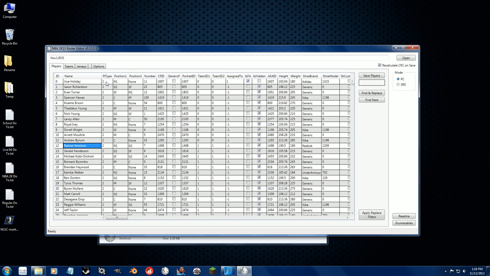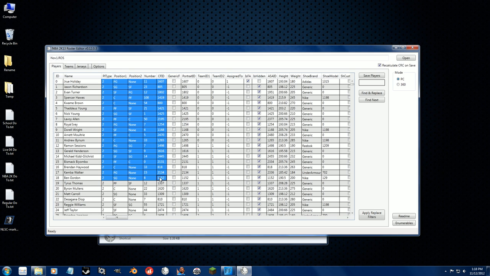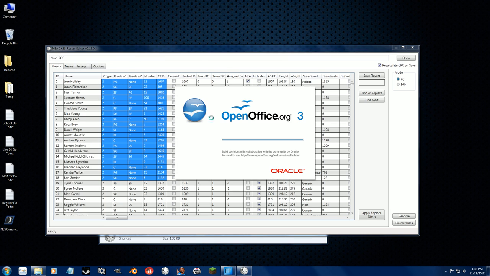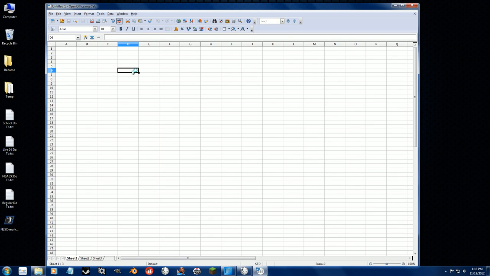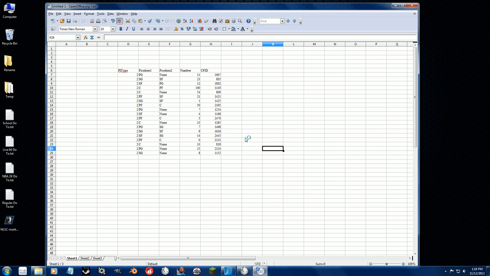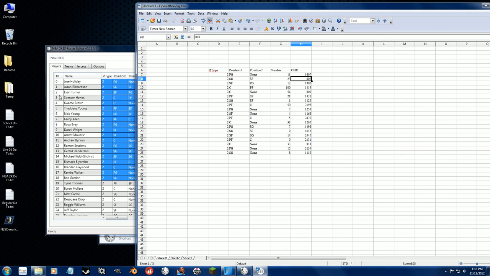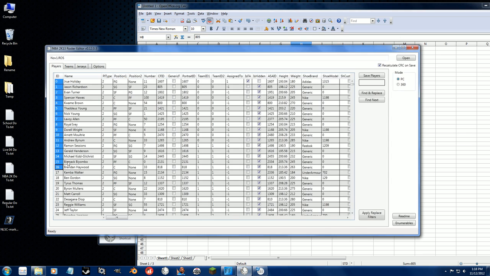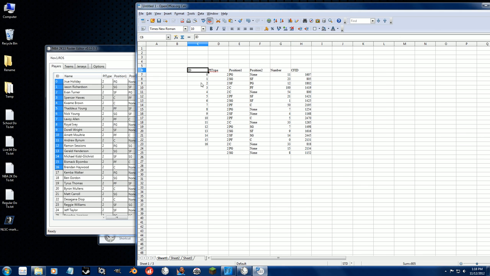Now let's say I wanted to take these players and copy them into Excel. If you right click, it doesn't do anything, but you can do Control-C to copy it. I'll open up my Open Office program again, and as you can see, when I paste it in, it gives me player type, position, all of these different things with the headers. And the headers are important because if you do a full copy and you copy in these IDs as well,